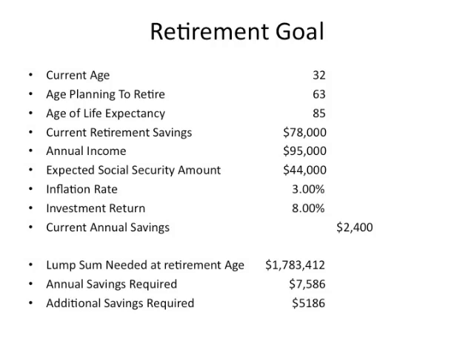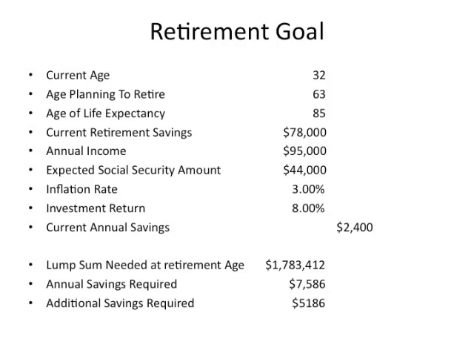Here is an analysis of your retirement goal. Now we kind of blended the two of you together and came up with an average retirement age and went with the longer life expectancy. But the annual income of $95,000 in today's dollars that you desire, the expectation that you will have $44,000 in Social Security, inflation of 3%, investment return of 8%, we come up with about $1.8 million that you would need.